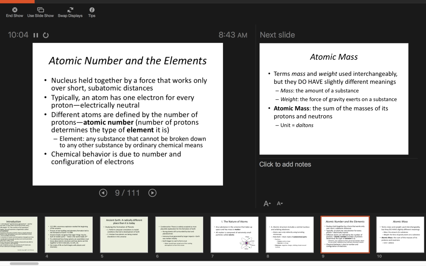Chemical behavior, on the other hand, is due to how many electrons are in the outermost energy shell. So if you look at a periodic table and we look at group 1, which consists of hydrogen, lithium, sodium, potassium, rubidium, cesium, francium, all of these have one valence electron in their outermost energy shell. They are highly reactive. They will react with air and water. A lot of times you have to keep them in oil